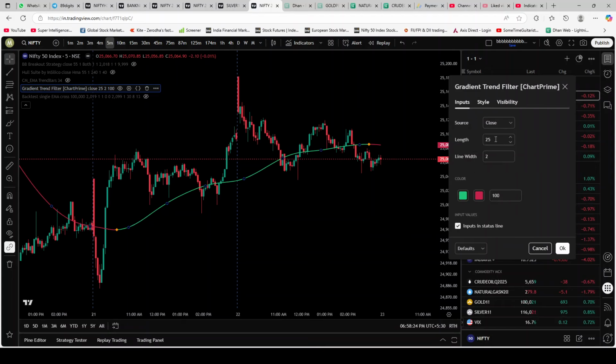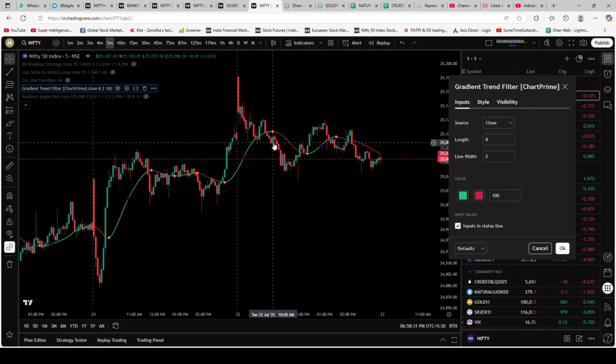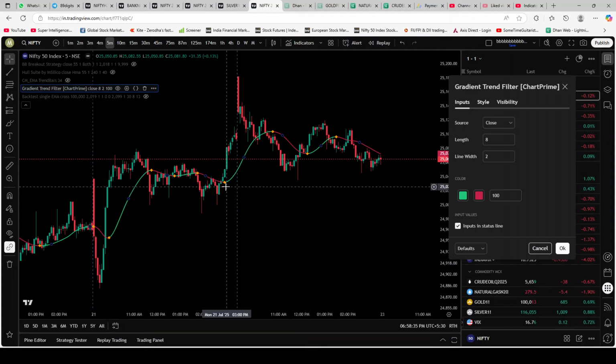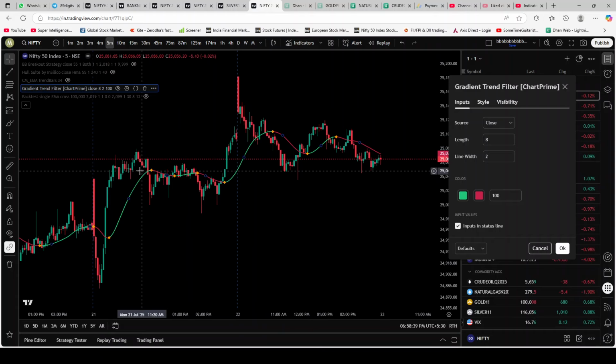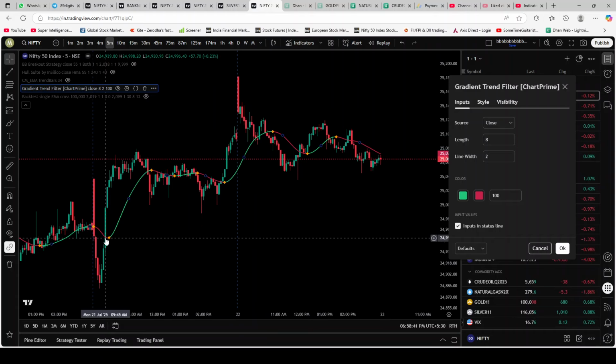This input, I will go to a lower Fibonacci number like 8. And as you can see, it's catching the trend spot on over here. You can see the drop, it's catching the drop spot on. Over here you can see it's catching the upward momentum spot on. Here it's catching the drop spot on. Here it's catching the upward momentum very close. So I'm again using a Fibonacci number 8 over here,